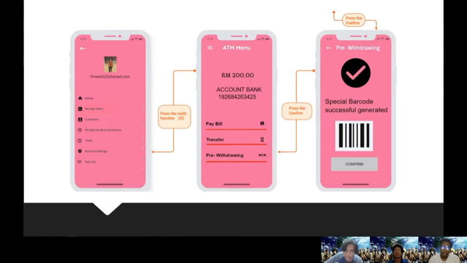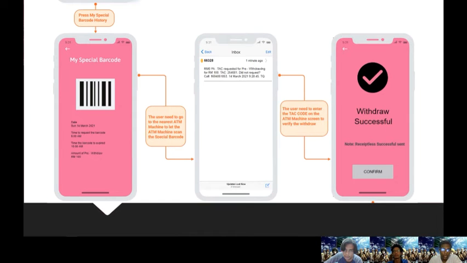They just need to log in again and go to the multifunction setting. Then they need to search by special barcode history. Next. The special barcode history will come out with the date, time, request, and amount that they are going to withdraw. Once they have scanned it at the ATM machine scanner, a TAC code will appear on their